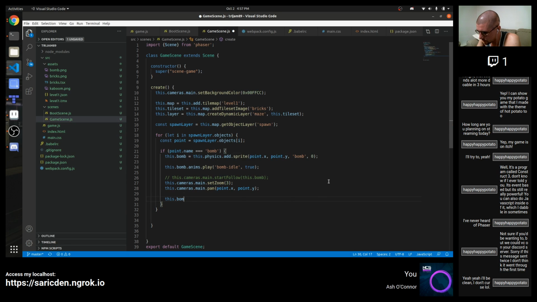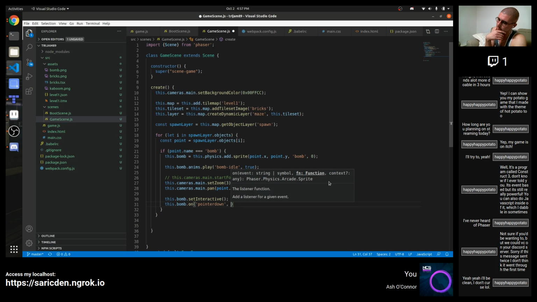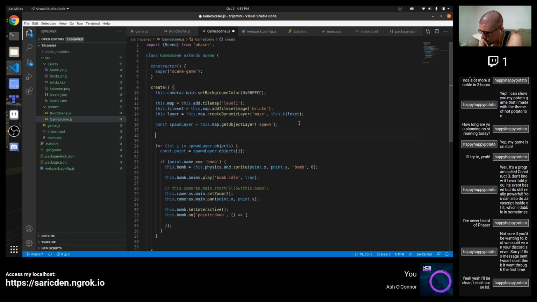Oh, we gotta set it as interactive first. Set interactive. Then we'll say this.bomb.on pointer down. I'm gonna use pointers so that way this game is playable on mobile devices as well as computer. Pointer instead of mouse. And we'll say this dot